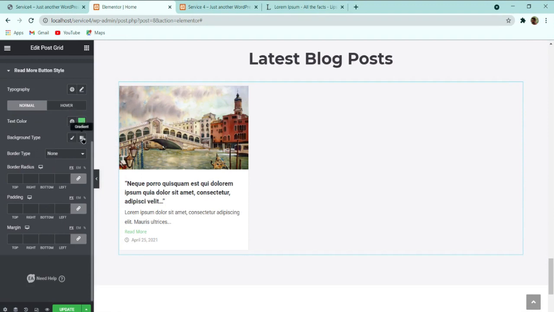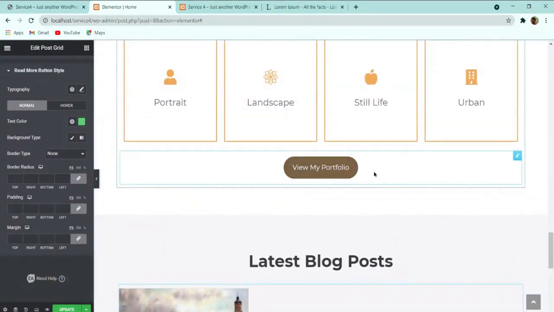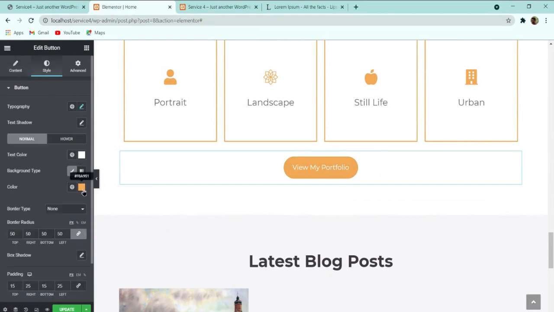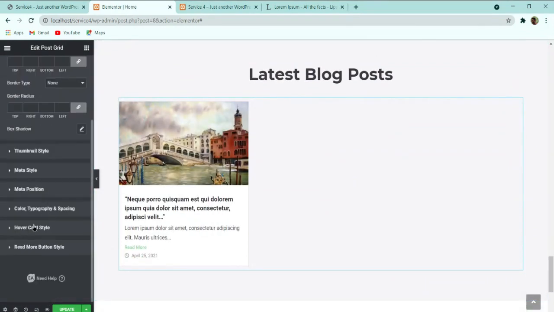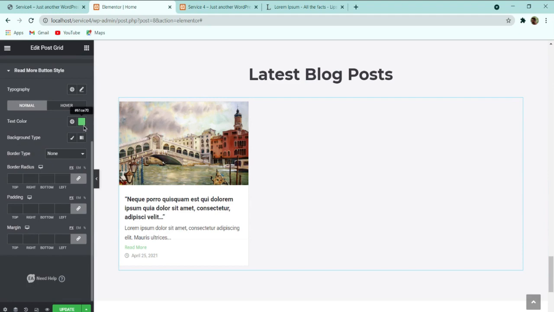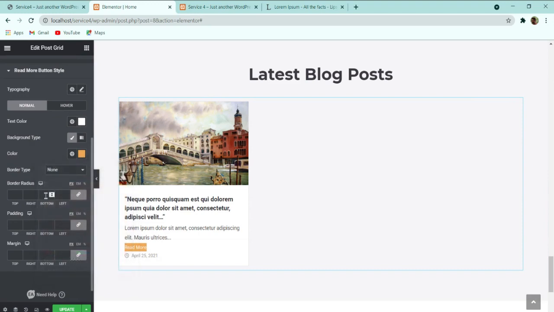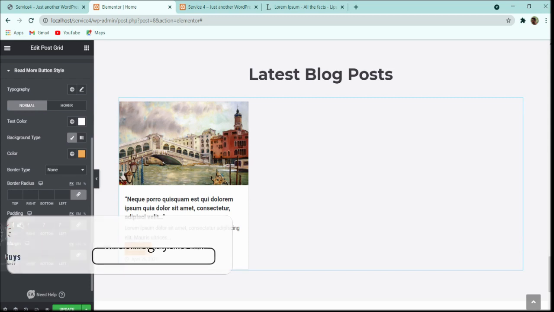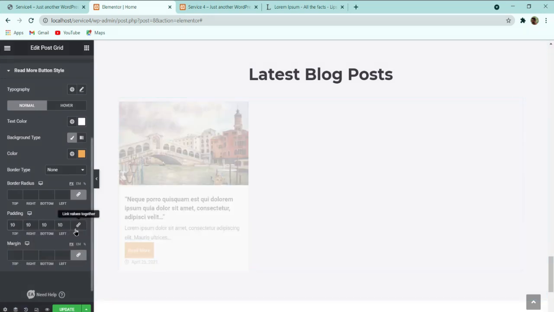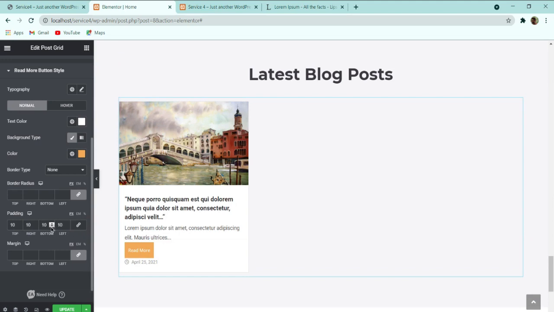If you want to make it a real button like this, you can also do it. So let me show you how. So here what I will do, I will copy the background color from here, and let's move to it, and click on this read more button style. And here for text color, select white, and for background color give that orange color. After that, here you can add padding. So let me add 10 padding, or unlink this, and you can reduce it from top and bottom, make it 7, and this one you can make 14.